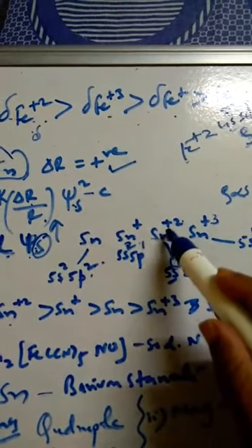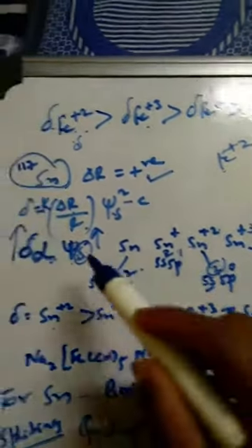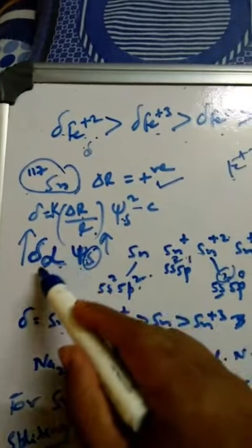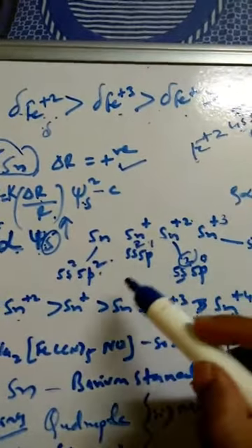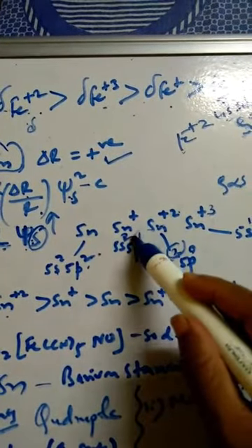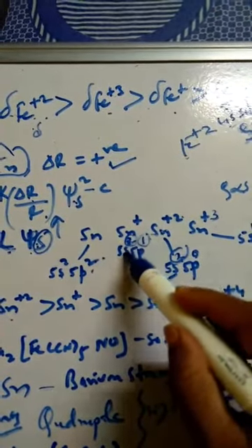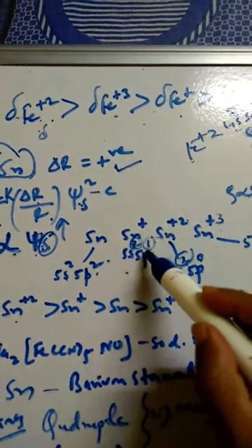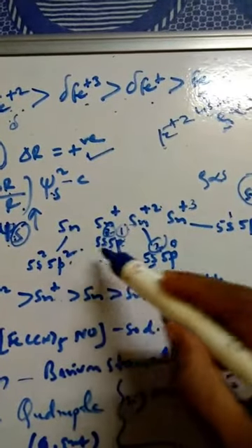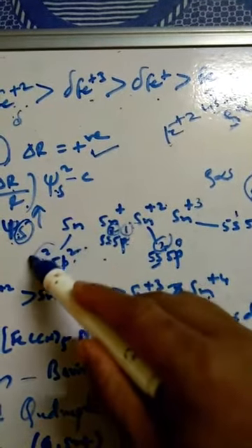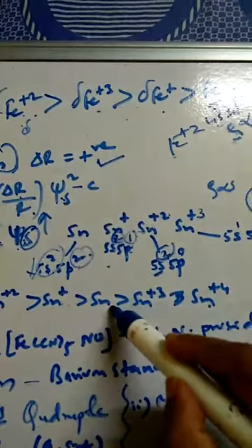So the isomer shift or chemical shift in the Sn+2 compound is highest, while the Sn+4 compound is the least, because the chemical shift or isomer shift is directly proportional to the electrons in the s orbital. Then it comes Sn+1, where a screening effect will be there. P1 is there and 5s2, no doubt there are more electrons here, but these electrons will be screened by the p orbitals. Anyway, it comes in second position, followed by Sn. Sn again has 2 s electrons, but there are 2 p orbitals which increase the screening effect, so it stands in third position.